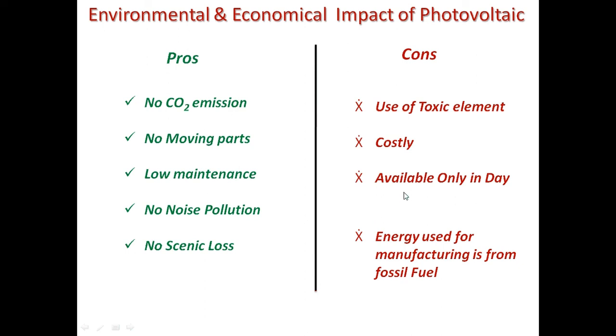Solar, as we know, is not very good for demand and supply purposes, because the supply is only during the day, while wind and hydropower can provide you throughout the whole day. With solar, we have to depend upon nature, and nature can change quickly. So we can only obtain it in the day, and that too, if it is the rainy season, we're not able to obtain this kind of energy.